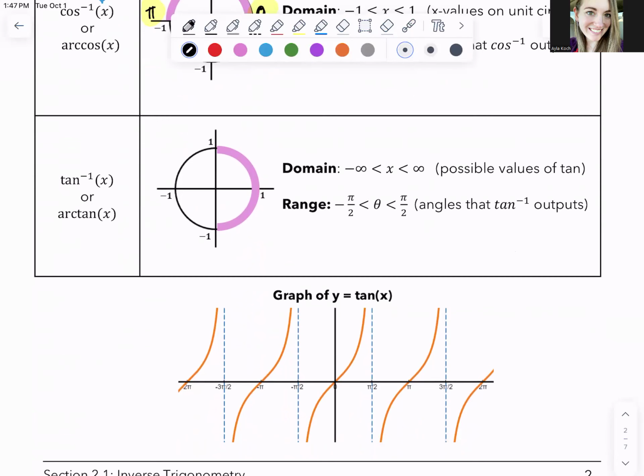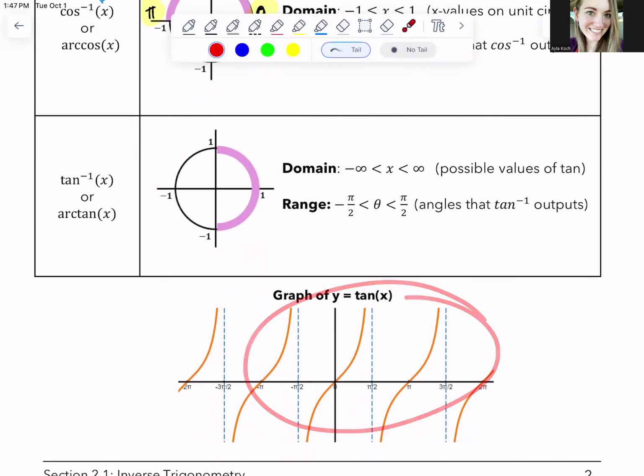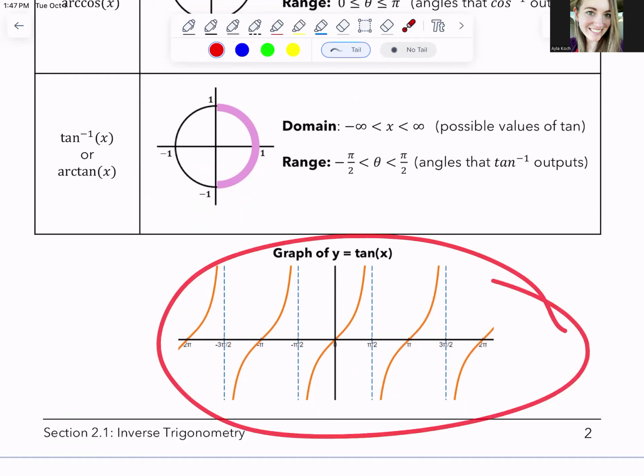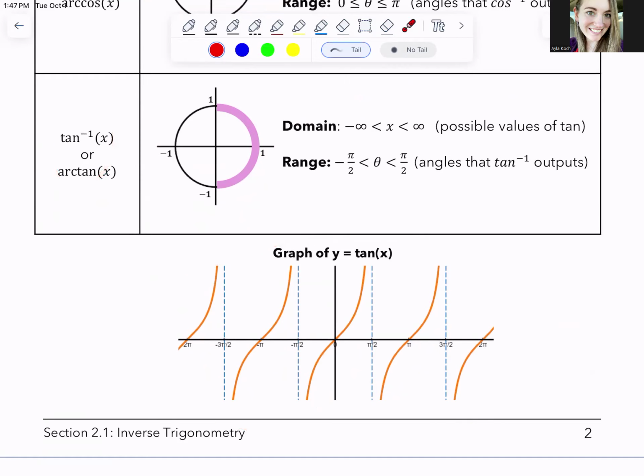Tangent. So as it stands right now, I don't teach graphing of tangent. I just teach sine and cosine. In the future, if I'm still using these videos and I've changed my mind and decided to teach tangent, then this comment will be a little more irrelevant. But for now, we haven't talked about graphing tangent, and I want to talk about how we get inverse tangent's range. So right down here, you can see